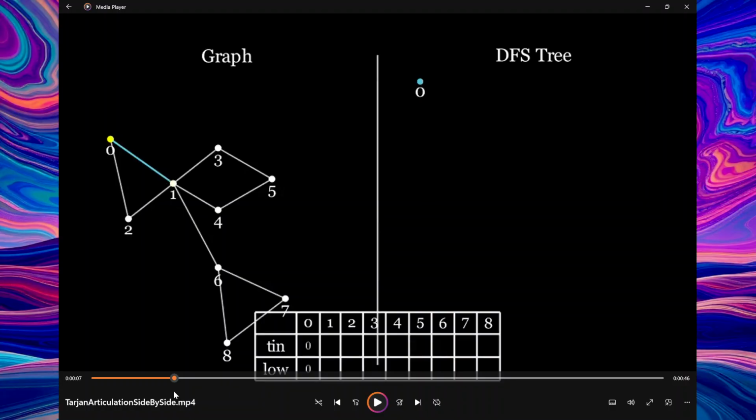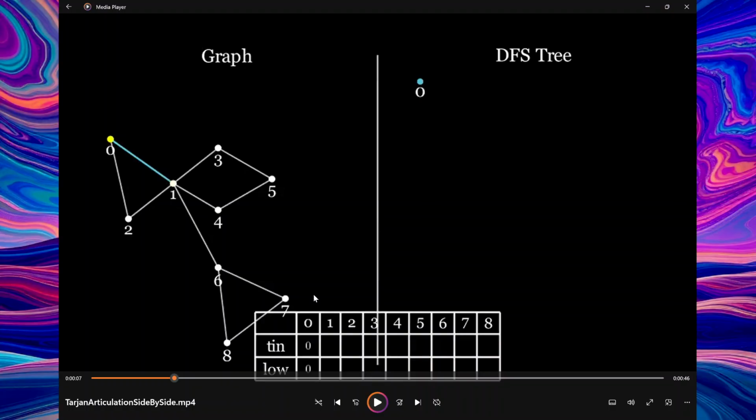Sorry, could you repeat that? Yes, so the whole thing, or? Just the part about what low means. Yes, so low is telling you, if you could have reached this node earlier,